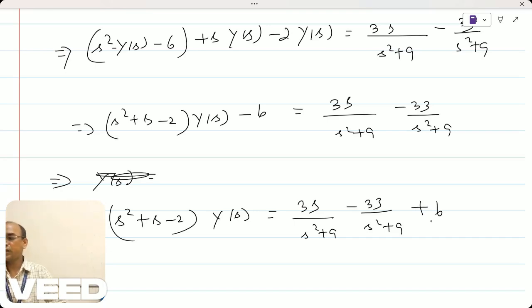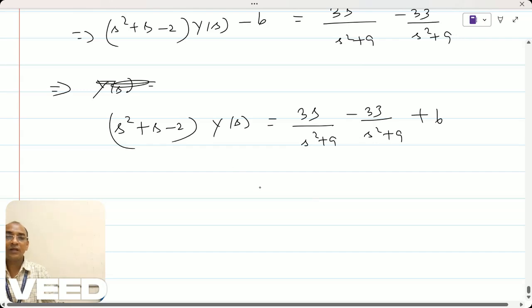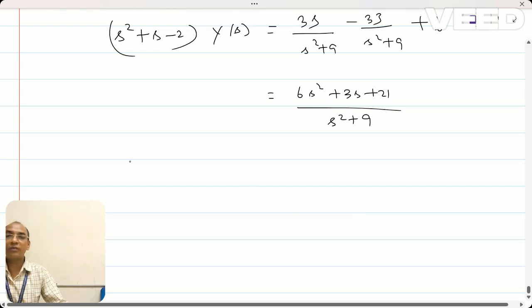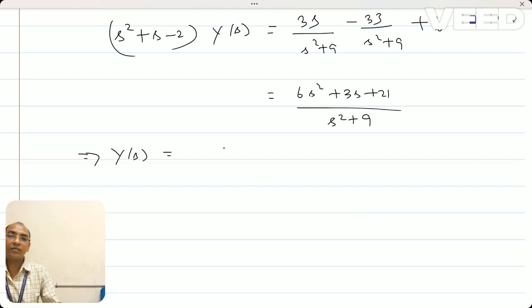If you simplify it, you will get (6s² + 3s + 21)/(s² + 9). And so what will be your Y(s)? That implies Y(s) is (6s² + 3s + 21)/(s² + 9)